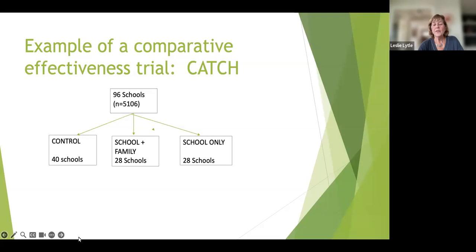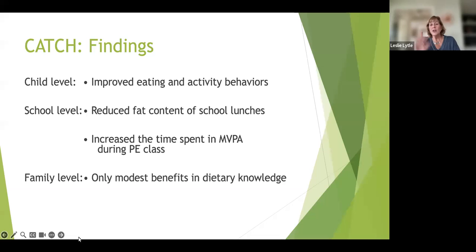And what we found at the end of CATCH was that we had no change in serum cholesterol. That really was not a surprise to many of us. But we did see improved eating and activity behaviors with the kids. At the school level, we saw the fat content of school lunches drop in the schools exposed to CATCH. We saw increased time spent in moderate to vigorous physical activity in the PE classes. But when we compared the family plus school with school, we saw only a very, very modest benefit in dietary